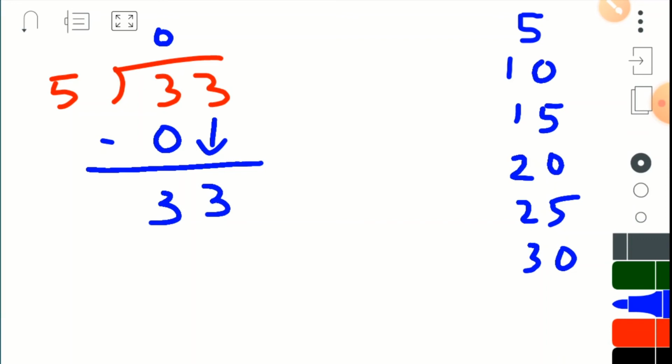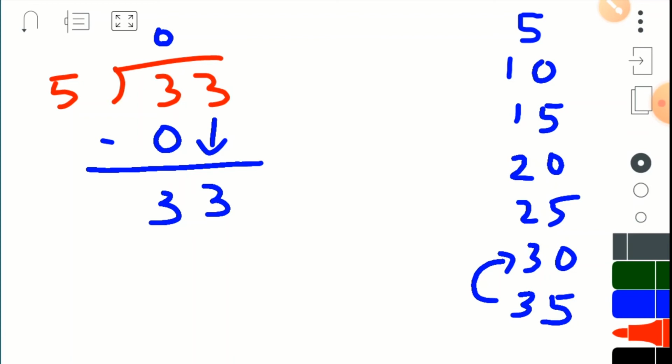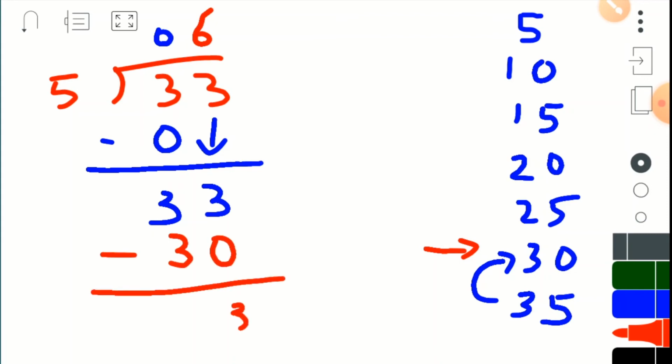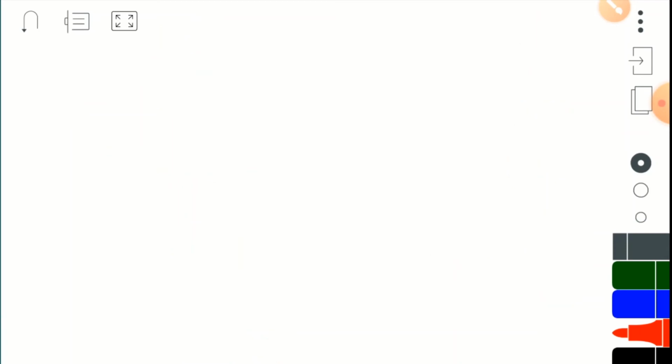Now your question is 33. You will find out whether 33 comes. We will write the table one more. 5 sevens are 35. So 33 comes between these two numbers. So we will take the smaller number, that is 30. So how many times? 5 6s are 30. Now we will do the subtraction. 3 minus 0 is 3 and 3 minus 3 is 0. Understanding, students? In this type we will see one more example to make the concept clear.